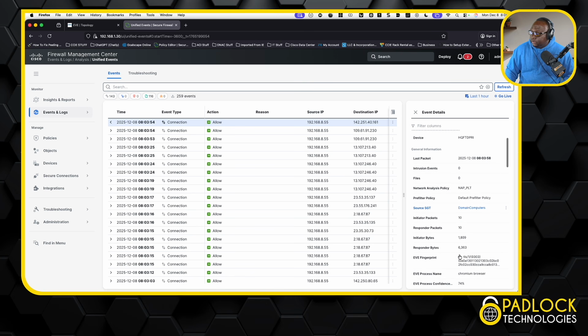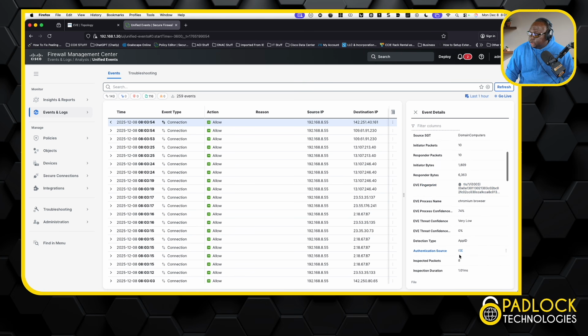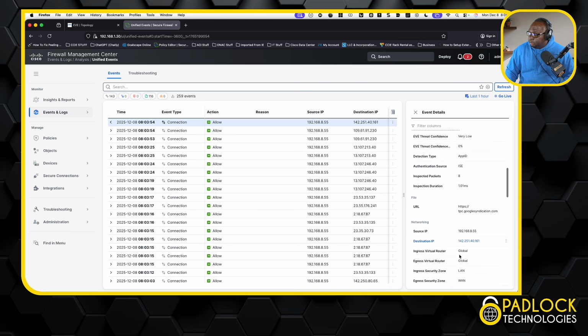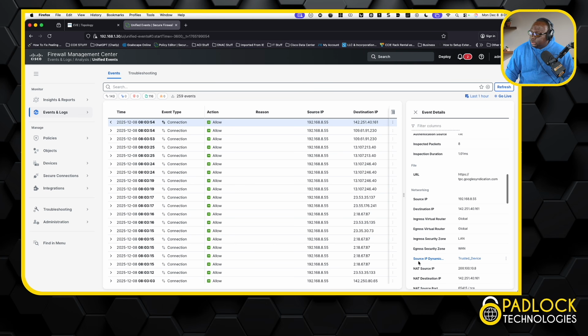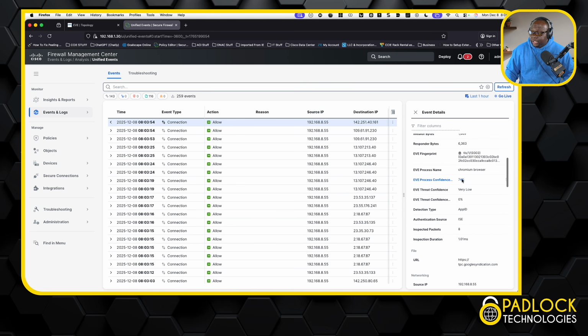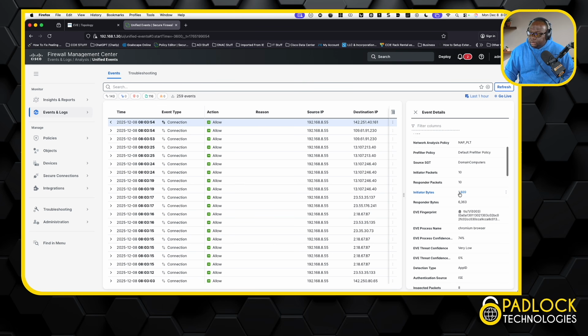So now if we scroll down here, there should be something about trusted. Yeah, here we go. Source IP dynamic attributes, trusted devices. And since I made a rule that says a dynamic attribute called trusted devices is allowed out to the internet, as long as I was compliant, I would be added to trusted devices, that dynamic group, which is in the policy, which now lets me out to the internet. So I could have done trusted devices, I could have done domain computer SGT, I could have done anything I wanted. But I just wanted to show you that